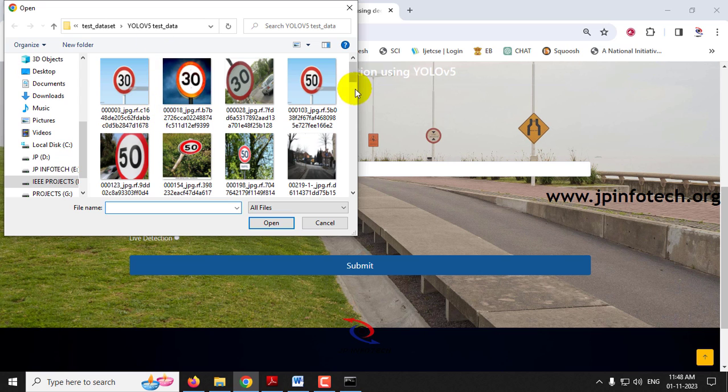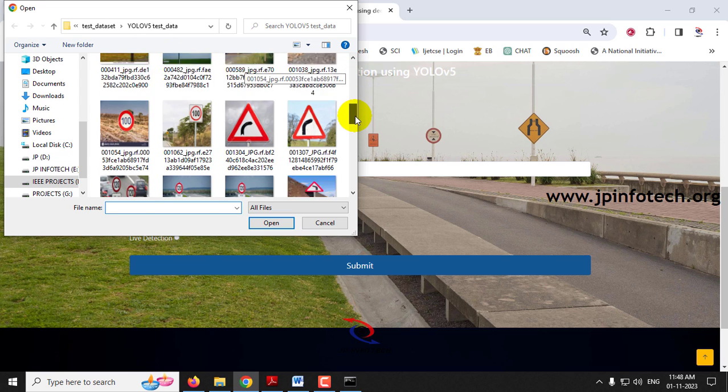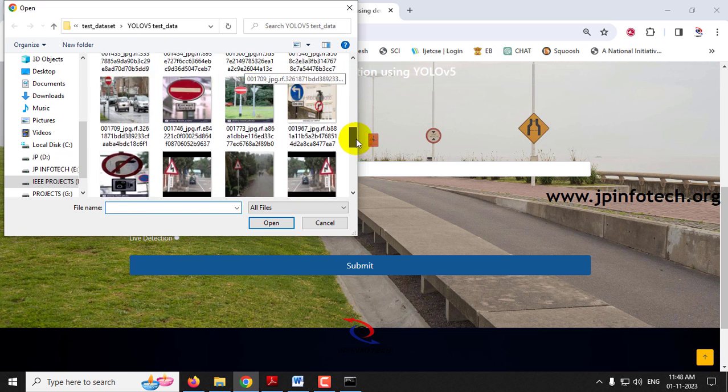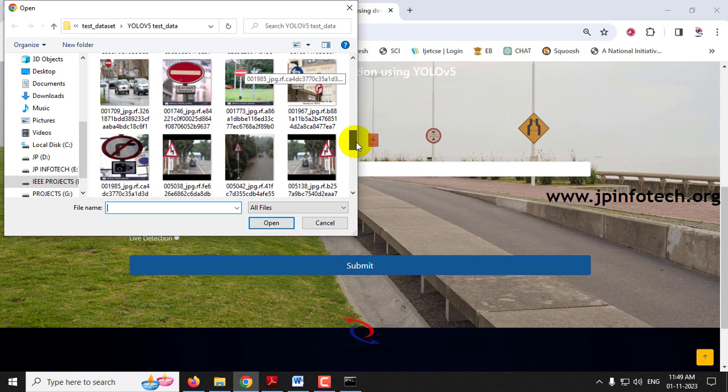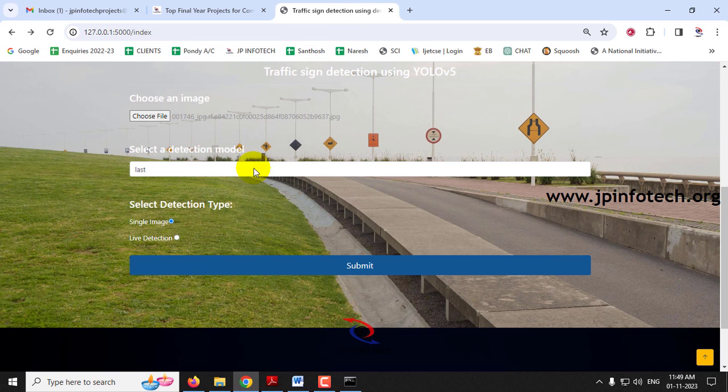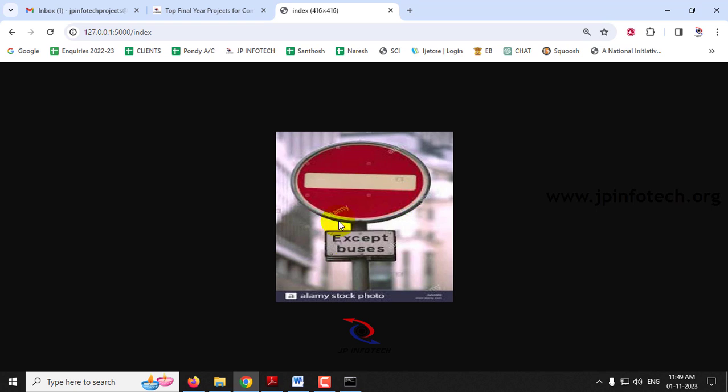So now let me select an image and go for some other case. I'll just select this one and submit. Now you can see it has not printed anything. I'll just refresh it.